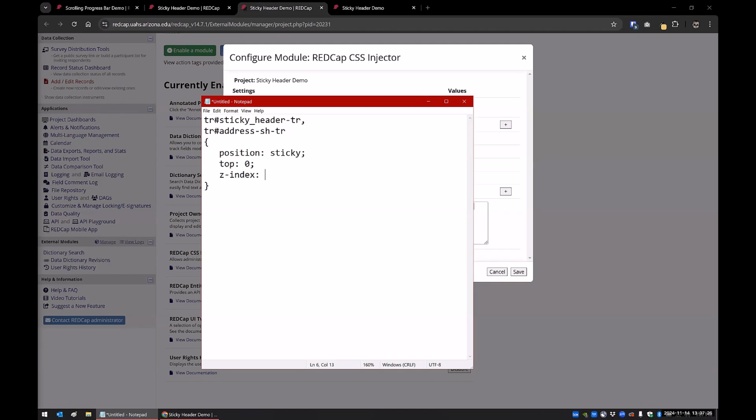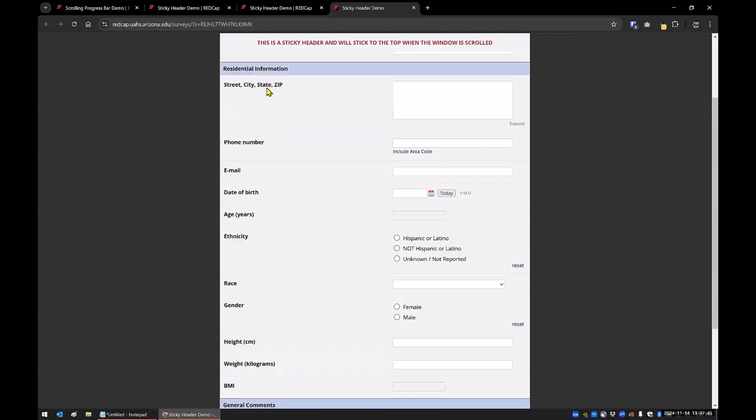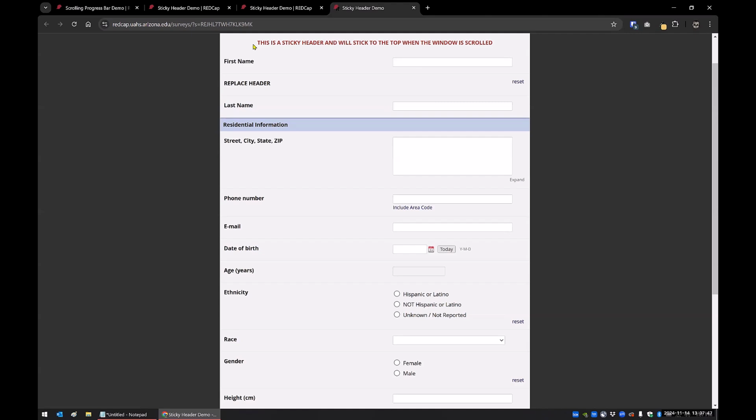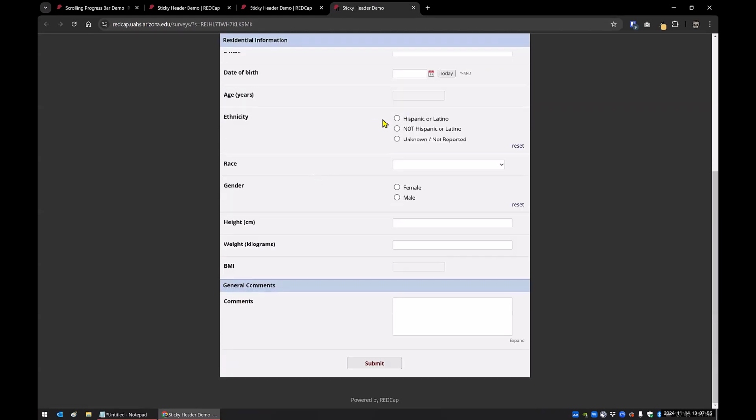Some people put like 999 because you're never going to have anything that far up. It guarantees that nothing is ever going to get in front of that. So if you run into a problem where it sticks there, but other elements roll over the front of it, sometimes it'll happen